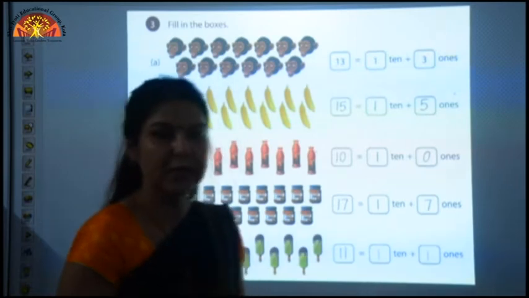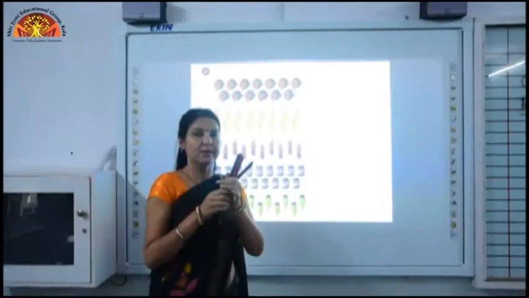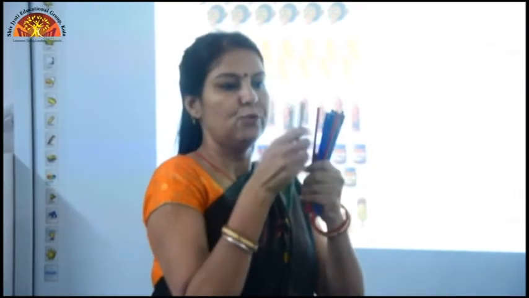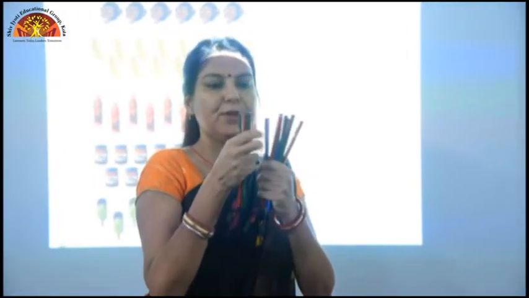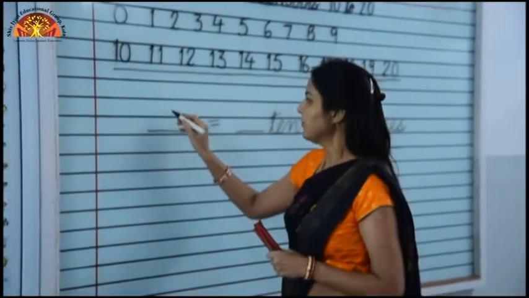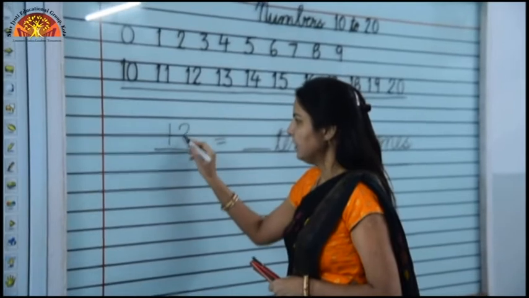Now see these pencils. We will count these pencils. 1, 2, 3, 4, 5, 6, 7, 8, 9, 10, 11, 12. How many pencils do I have? I have 12 pencils. How will we write 12? We will write 12, 1 and 2.